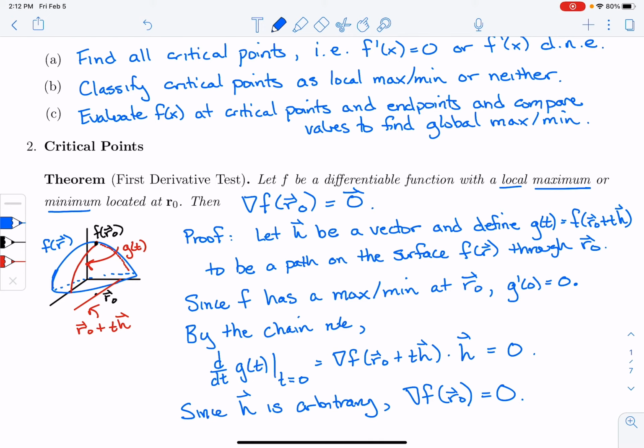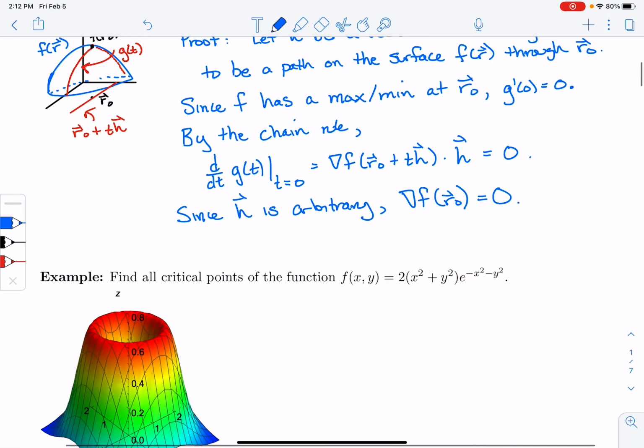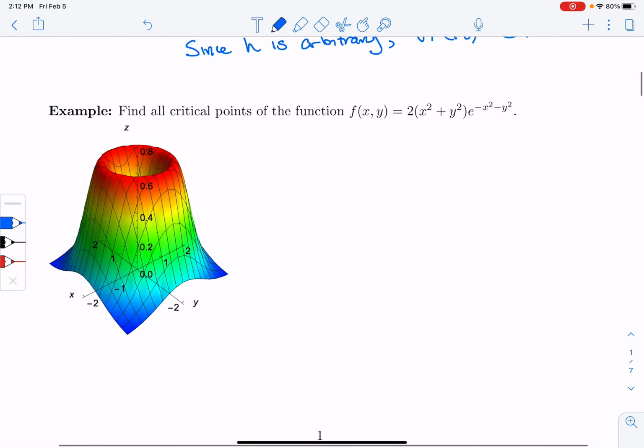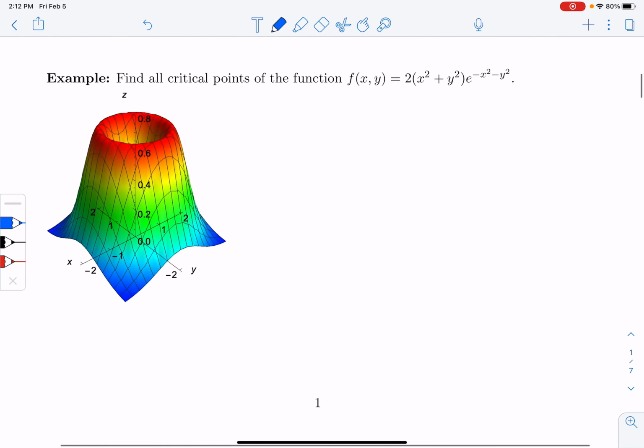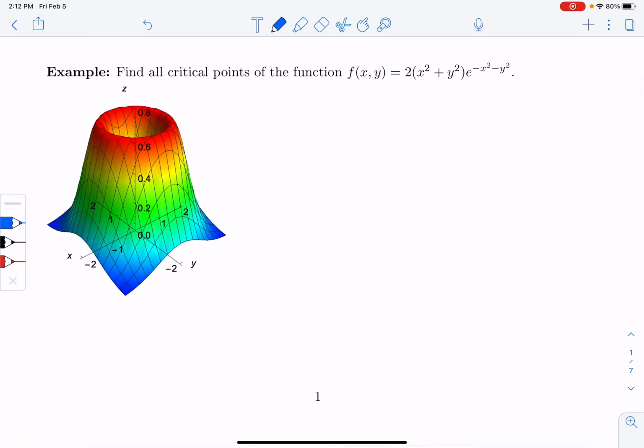Now I would like to do an example. I want to find all critical points of this function, f of x y equals 2 times x squared plus y squared, e to the minus x squared minus y squared. So I just want to find the critical points of this function. It kind of looks like a volcano. Well, the way I'm going to do that is I'm going to find the gradient. So I need to find